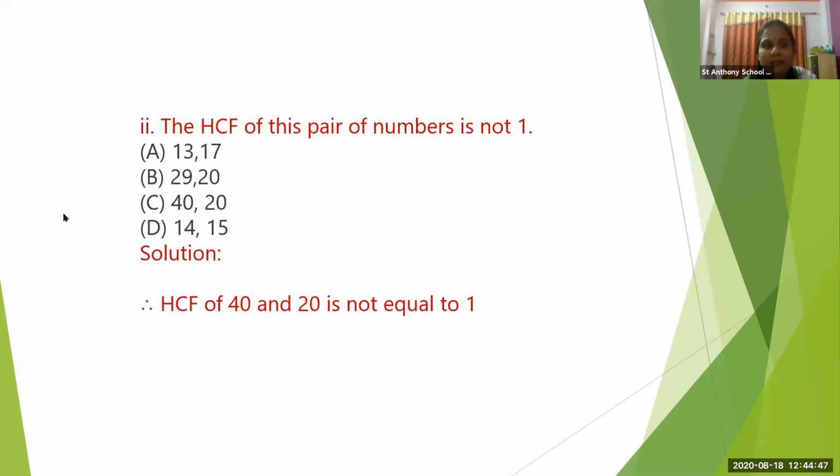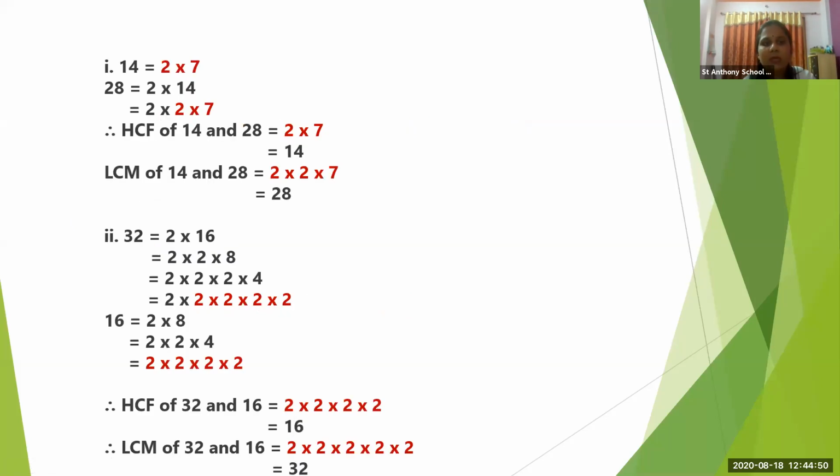Now this practice set 14 is just a revision of practice set 12 and 13. Okay, now here we have to find HCF and LCM of 14 and 28. Okay, so first find the factors of 14, then 28, then take common one. See, for example, we'll take 14. Then we'll find the factors of 14. What it will be? 2 7s are 14. Okay, and it will come 7 1s are 7. So factors of 14 are 2 into 7, right?